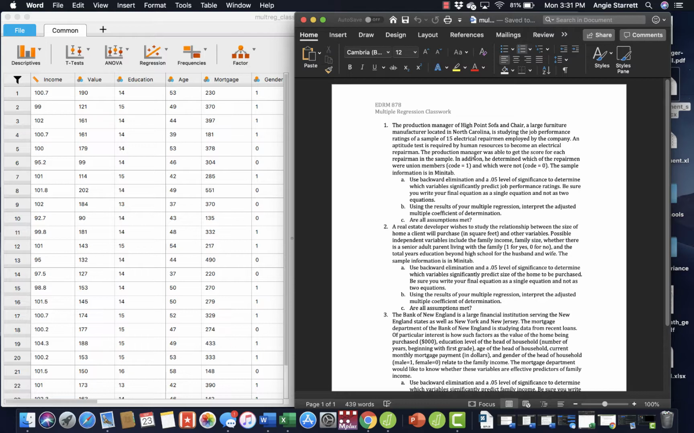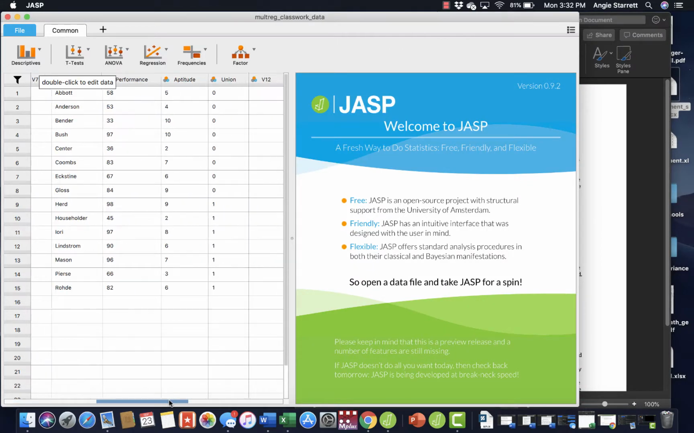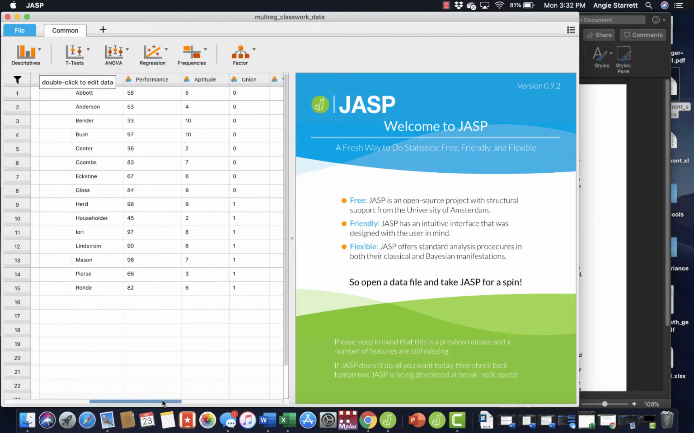Okay, the production manager of High Point Sofa and Chair, a large furniture manufacturer located in North Carolina, is studying the job performance ratings of a sample of 15 electrical repairmen employed by the company. An aptitude test is required by human resources to become an electrical repairman. The production manager was able to get the score for each repairman in the sample. In addition, he determined which of the repairmen were union members and which were not. The sample information is in Minitab. All right, so we want to use backward, although I think, hold on. Yep. All right, so